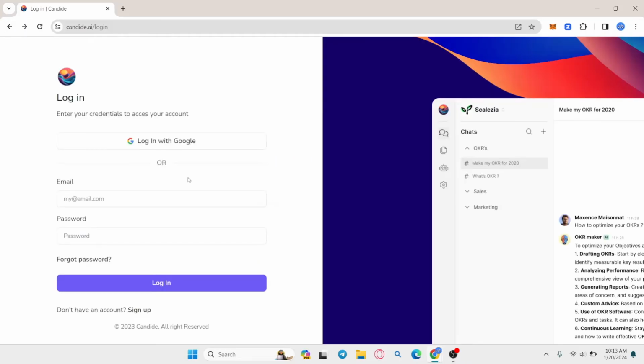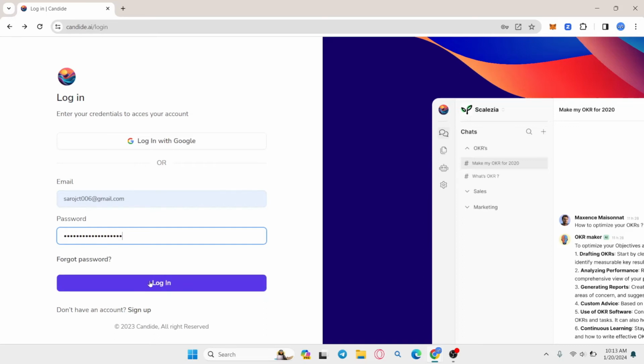and you will be asked to check your inbox. Once you check your inbox, you will be able to click on a link sent from CANDIDE AI which will allow you to reset your password. After typing in your preferred password within the new page, click on the Reset Password button and now your password will successfully be reset. From this point on, you can use your new password along with your original email address